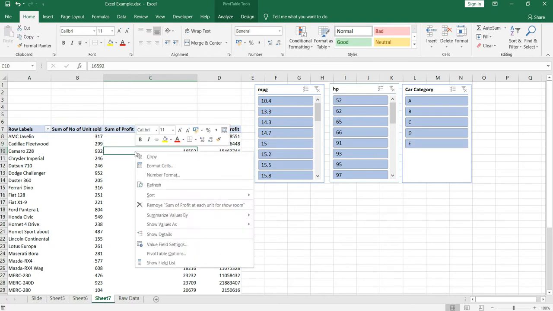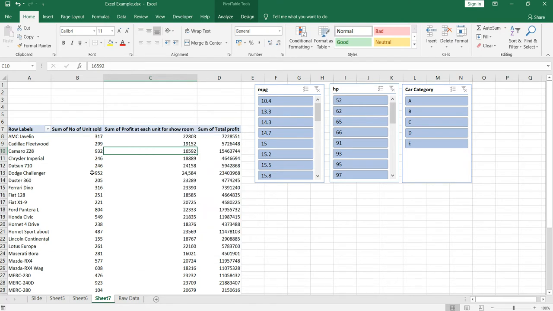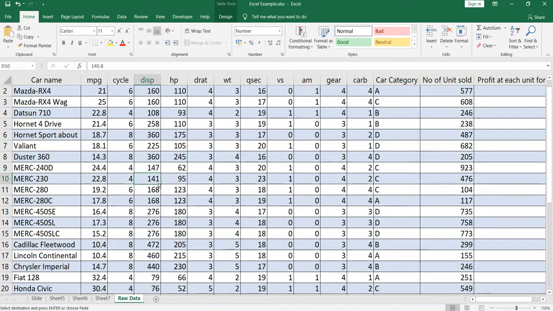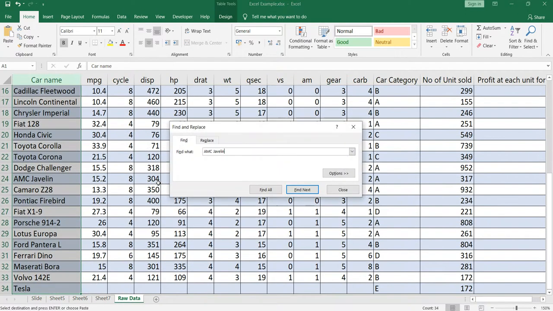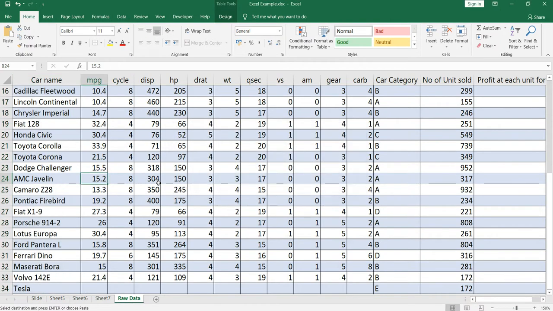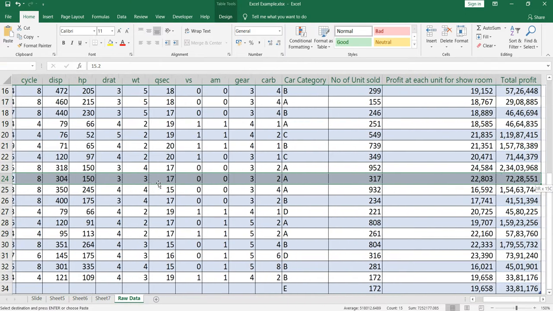Let's go to the next option, which is refresh. Once you click on this refresh, if you had updated anything in your original data set, it will get refreshed. For example, let's go to this AMC car, and I'll search for this AMC here and delete everything from here.